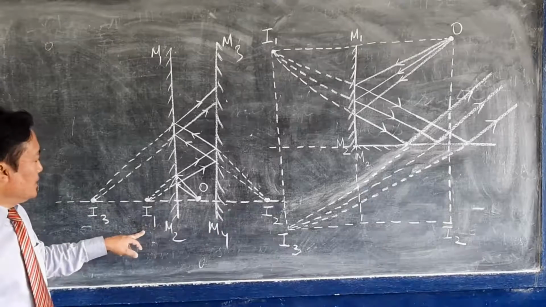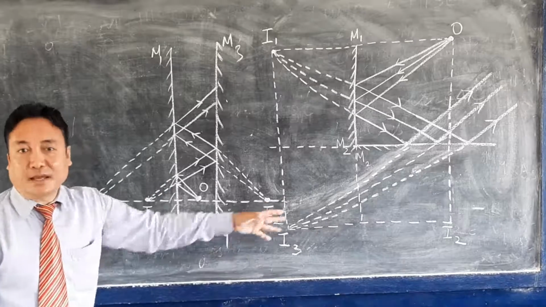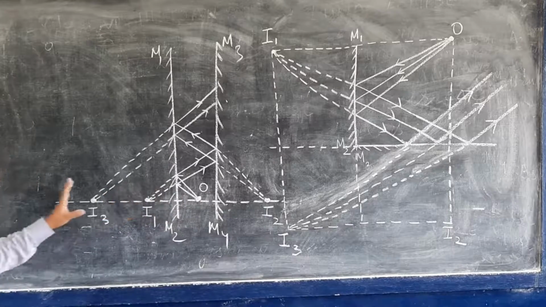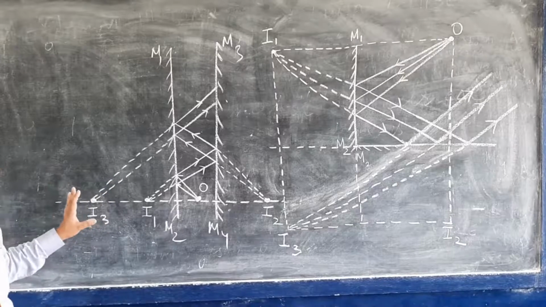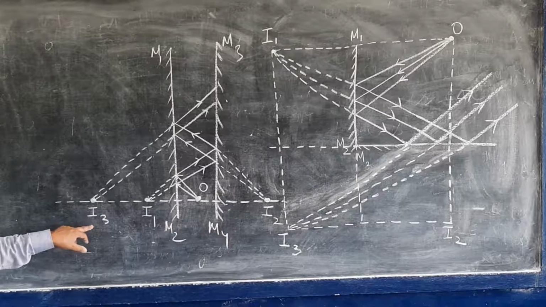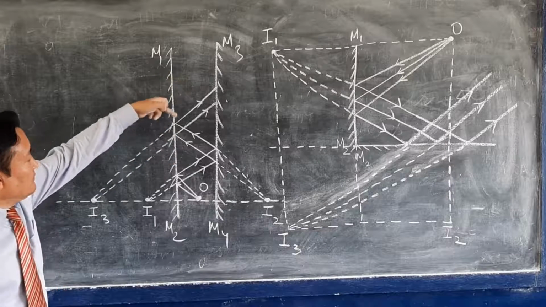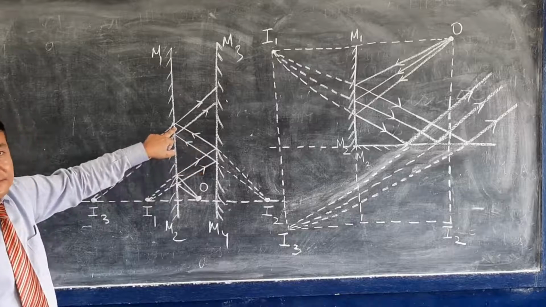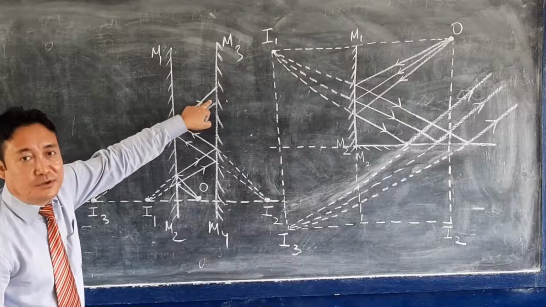Likewise, the images I1 and I2 are brighter. But when the images are formed further away, the image becomes dimmer. The images are not bright, it becomes dimmer. So the last one is there, that is image I3. Now I3 is formed by the reflection. That means the rays of light get reflected towards M1, M2, and from M1, M2 to M3, M4.